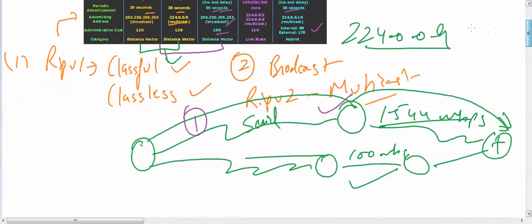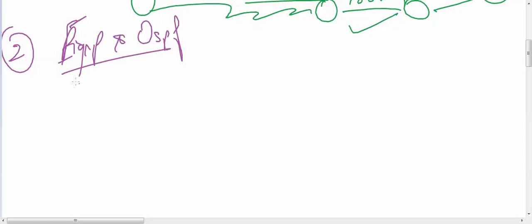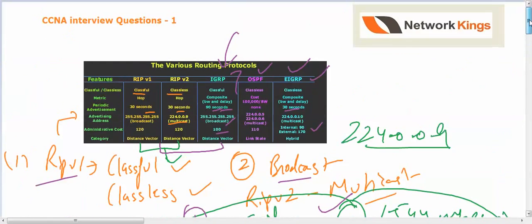So the first question was the difference between RIP version 1 and 2, and now the second most common one is EIGRP versus OSPF. EIGRP is from Cisco, and some features are now open standard. Cisco has released an open standard too, but as of now you can say it's Cisco proprietary. Both support subnetting. The OSPF hello timer is 10 seconds, and EIGRP's is 5 seconds.